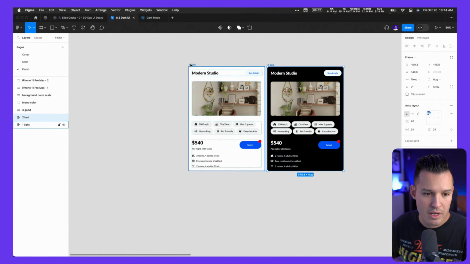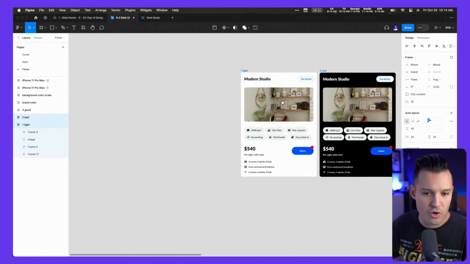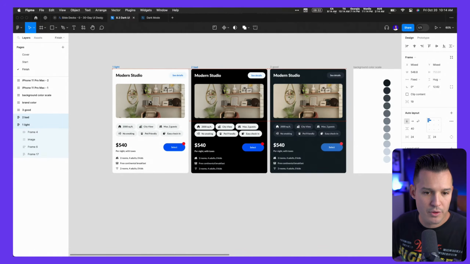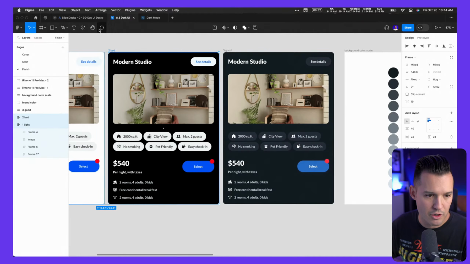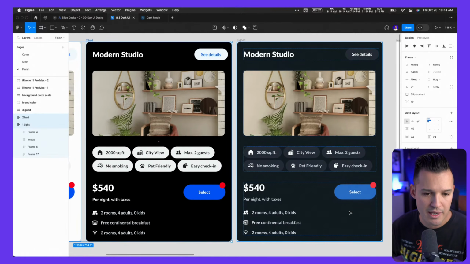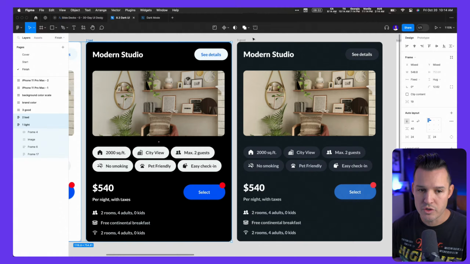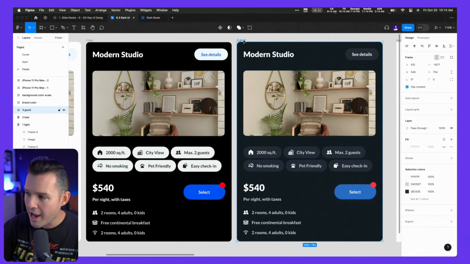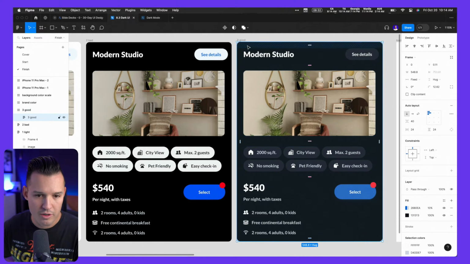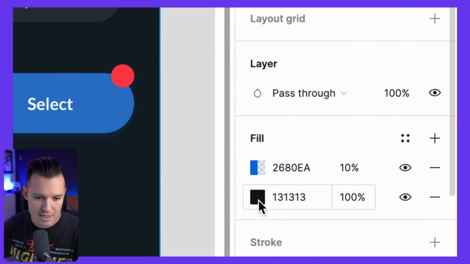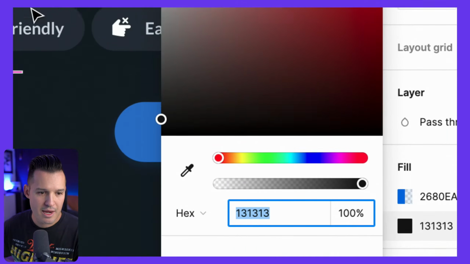Well, let's take our light mode and our bad dark mode, and let's move this over and put it next to a little bit of a better dark mode, okay? And then we'll start actually building and breaking down what we did, right? So we picked a more neutralized background, and I really want to highlight on this because this is important. We're going to pick a background for our card that is, you can see, it is not a pure black,